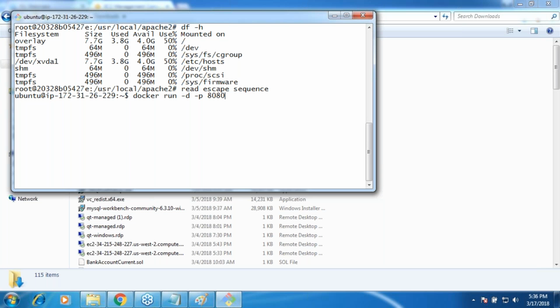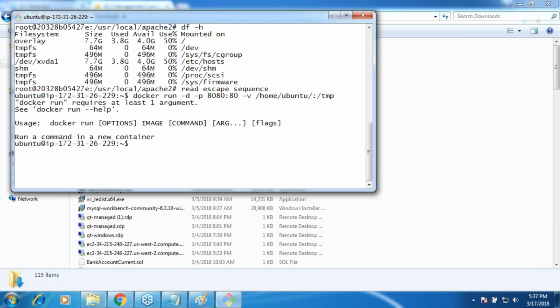So 8080:80 -v /home/ubuntu: let me create something like, what is the temp folder's location? /tmp, right? Yeah.